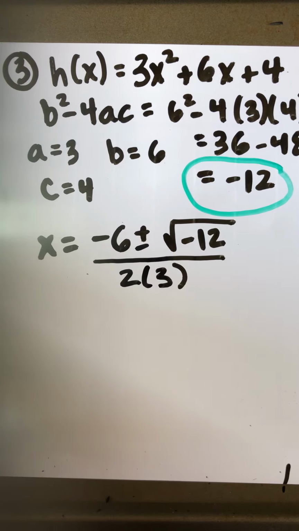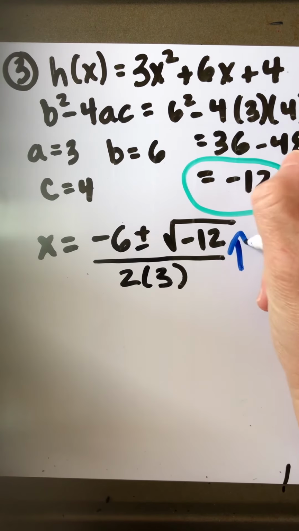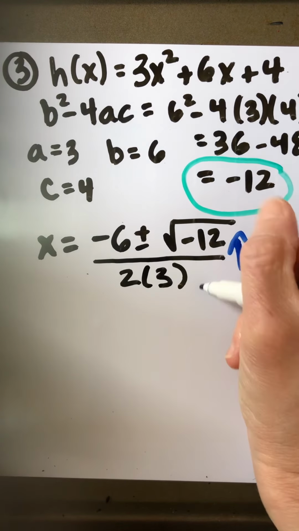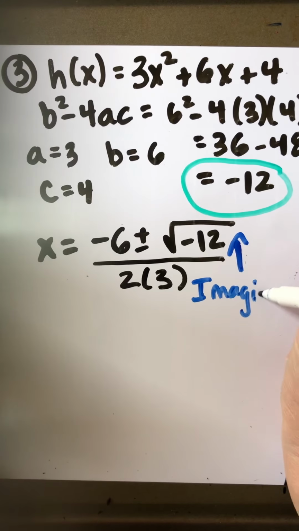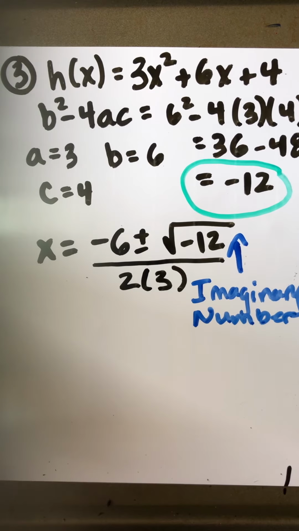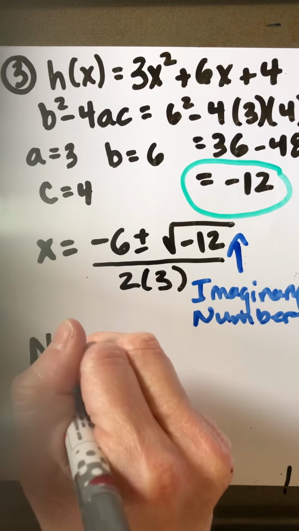When I take the square root of a negative number, the result is what we call an imaginary number. Let me put this underneath so you can see it a little bit better. The square root of a negative number is called an imaginary number. And we're not talking about, you know, unicorns and those sorts of things, although that would be pretty fierce if we could have numbers that were unicorns. But this is an imaginary number. I can't calculate it. It's not real. It's imaginary. I can't find an answer to this question. So there's really no real solution